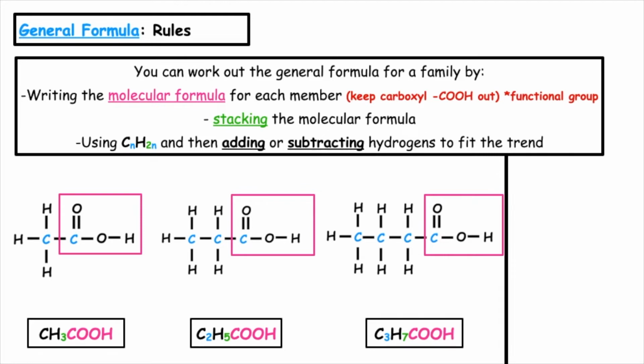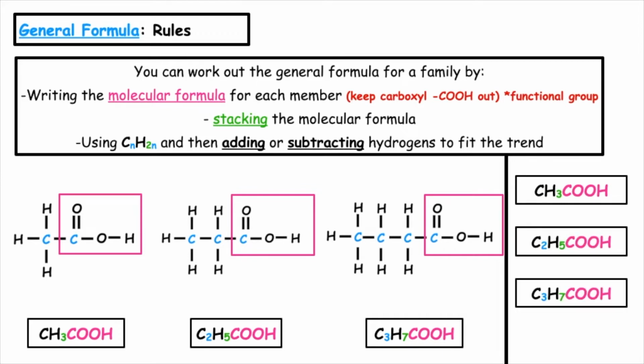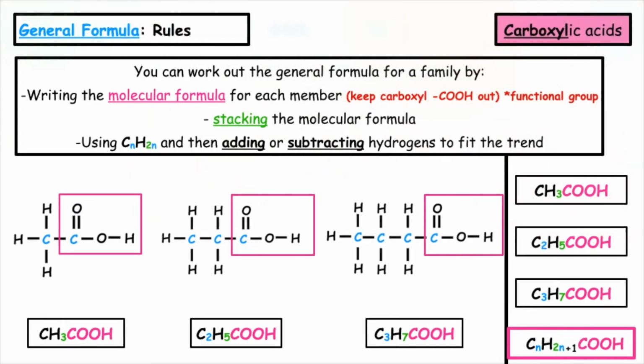When we stack up the molecular formulae, we then want to use the trend of CnH2n, and we'll apply that. For the first example, we've got one carbon atom. 1 times 2 is 2. How do we get to 3? We add 1. For the second example, we've got 2 carbons. 2 times 2 gives me 4. How would I get to 5? I would need to add 1. And for the third example, we've got 3 carbons. 3 times 2 gives me 6. How would I get to 7? I would add 1. So that means that the general formula for the carboxylic acids is CnH2n plus 1